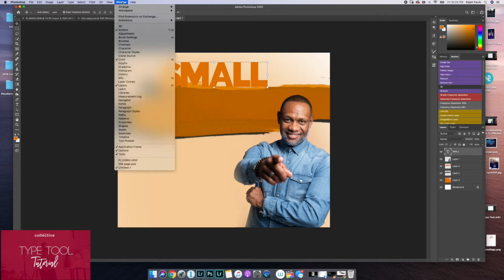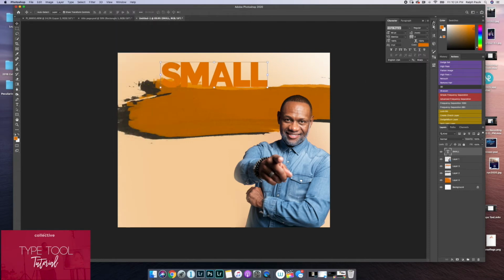to Window and select Character. The character panel allows you to, once again, select your font, select the size of your font, and select the space between the lines, how far apart you want the lines to be. For example, if I wanted my text to be 60 apart,